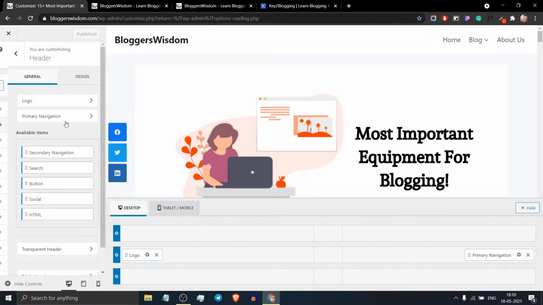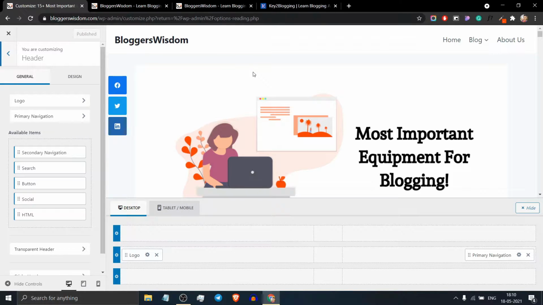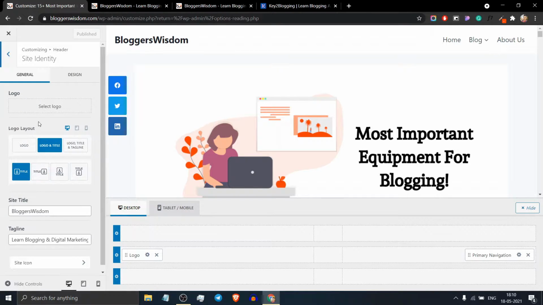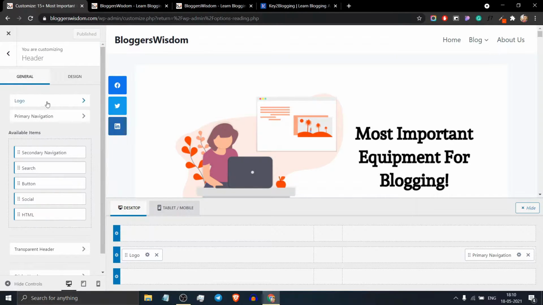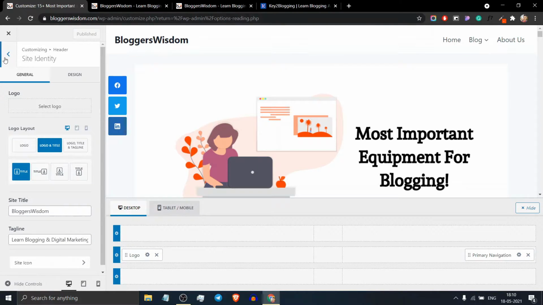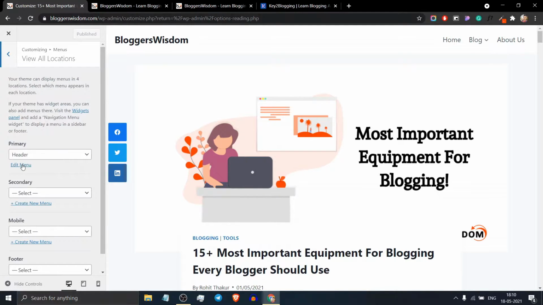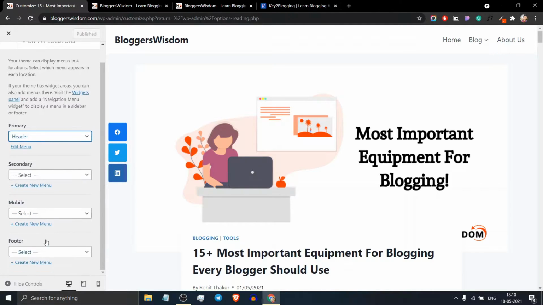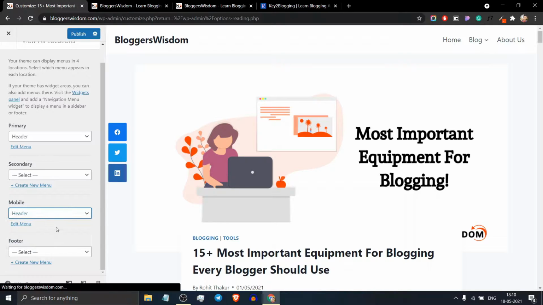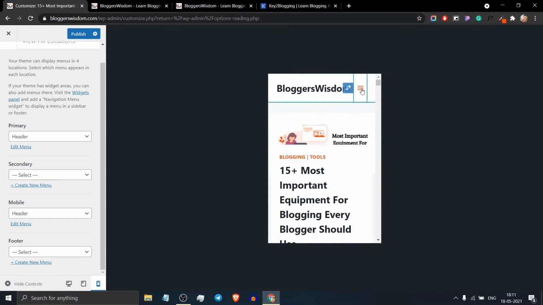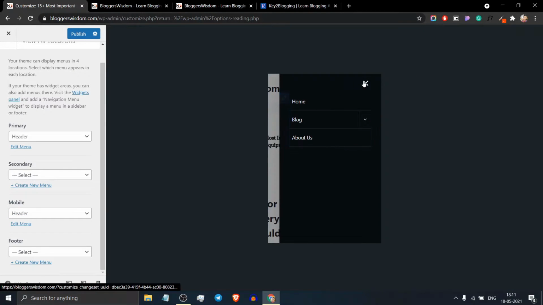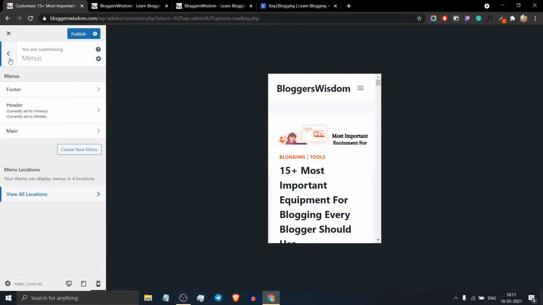Now we have to customize the header of this Kadence theme. So here, this is by default, you can set a logo here. So currently I am not using any logo. So this is taking this site title. And here in the primary navigation you can select the menu. So I am selecting this header, and in the mobile tab I also select the header. So when we click on the mobile, it will show this menu like this. So click on back,